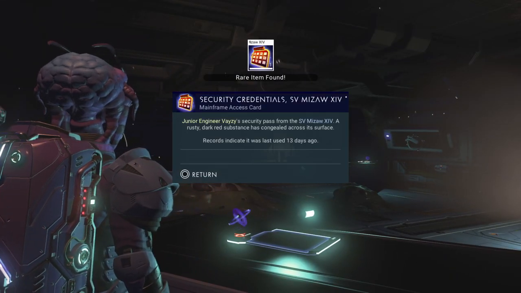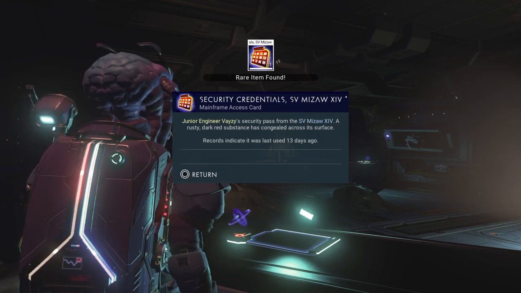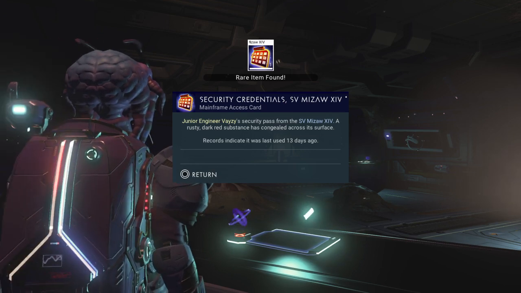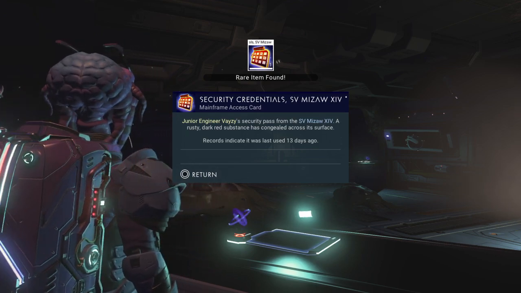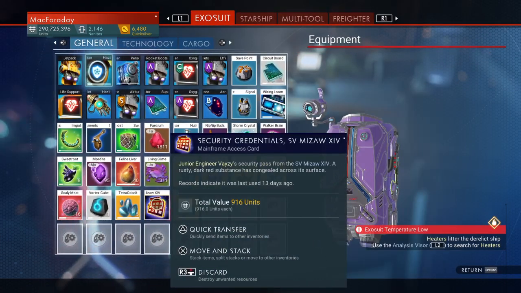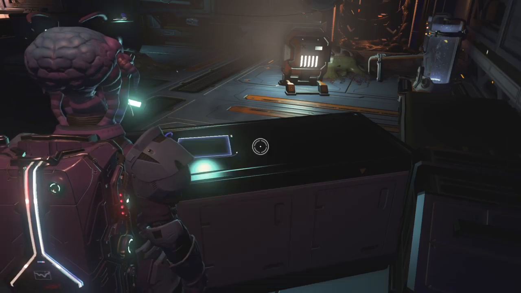Security credentials. Junior engineer Vazzy's security pass from this ship. A rusty dark red substance has concealed across its surface. Records indicate that it was used 13 days ago. So I don't know if that's an item I need for exploring or if it's just something I can sell. It's not worth much. But I remember from the patch notes...